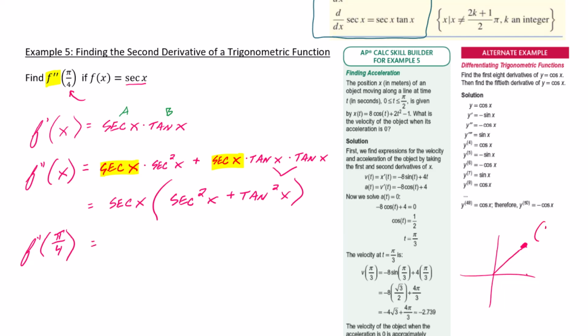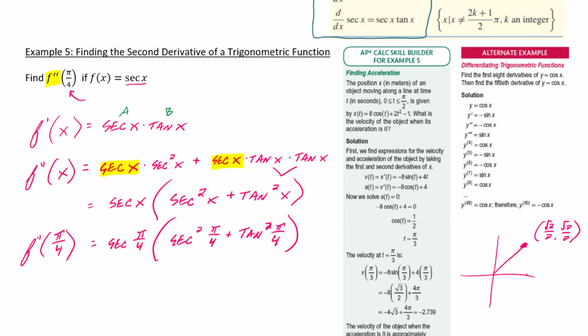That ordered pair is square root 2 over 2 paired with another square root 2 over 2. But if I take square root of 2 over 2 and flip it, it turns into just a single square root of 2. So simplifying, this would become secant of pi fourths. Actually, I'll go ahead and write it out that way. Secant of pi fourths times, and then on the inside, secant squared of pi fourths plus tangent squared of pi fourths